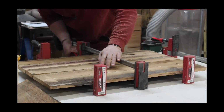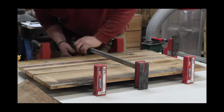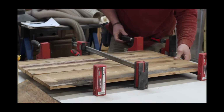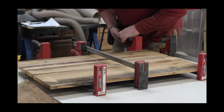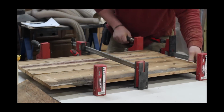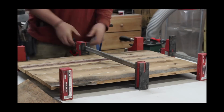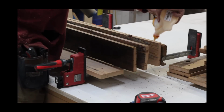Now when you have nice square boards, you don't need dominoes, you don't need biscuits. The glue is plenty strong enough to hold everything together, so I don't use any in this. Also, the variations in reclaimed wood don't really allow you to use something to align with, so I just use glue